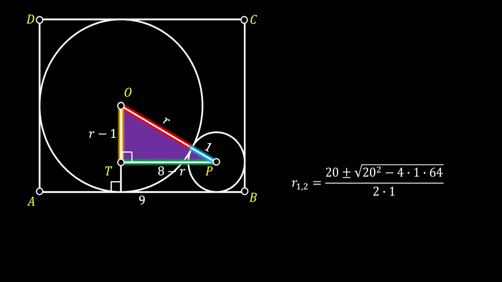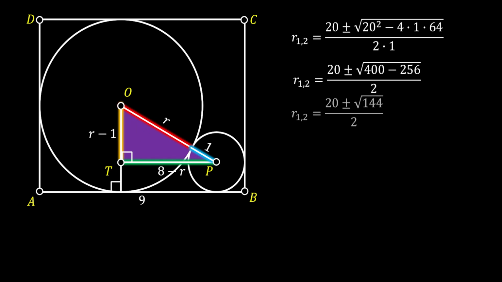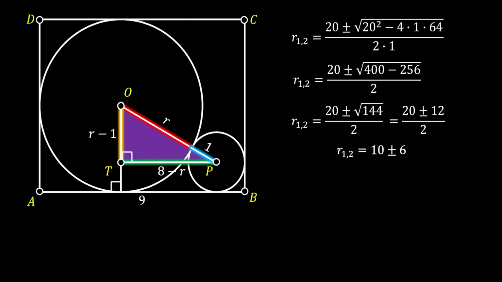Now, let's simplify this a little bit. First, let's simplify the things underneath the square root, and if we do this, we will get the following. Since the square root of 144 is equal to 12, we can work through this and simplify with 2, and finally get that the value of our radius must be equal to 10 plus minus 6. This, of course, means that we have two possible solutions for the radius. The first one is that the radius is equal to 16, and the second one is that the radius is equal to